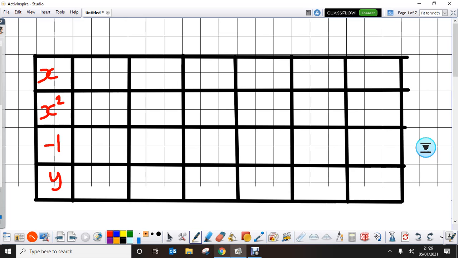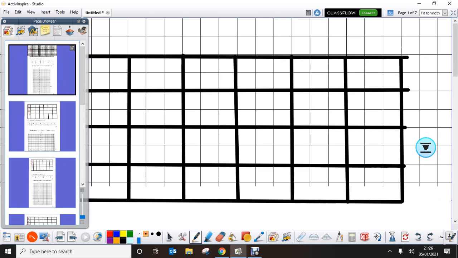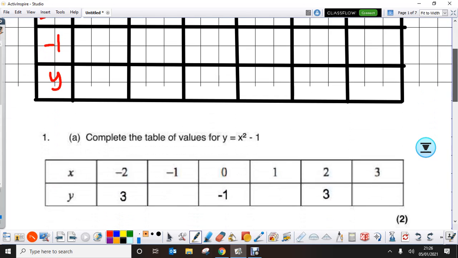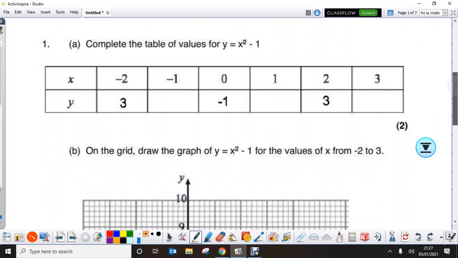So we're going to look at the worksheet for calculating table of values for quadratic graphs. What I've done on each one of these is I've added the table of values at the top. What I would suggest you do, I'll watch through the first one, and then have a go at the next, complete your table of values, and then see if you've got it right, and then I'll go on to plot the graphs. So the first one, you can tell in the question itself, all it gives me is